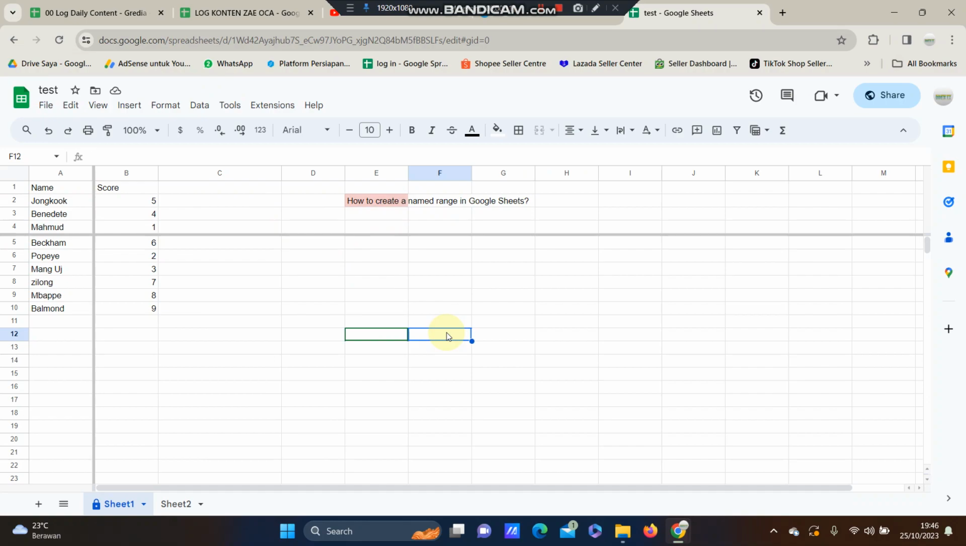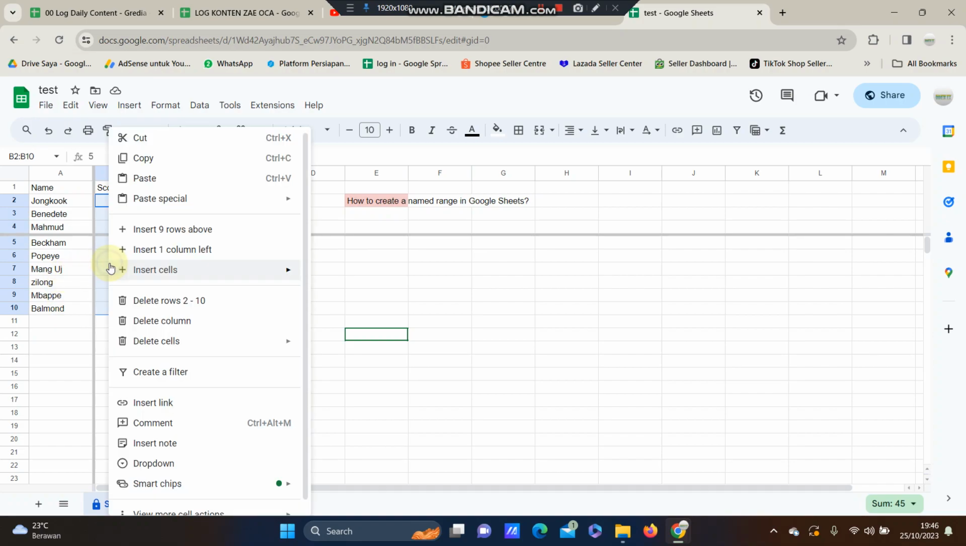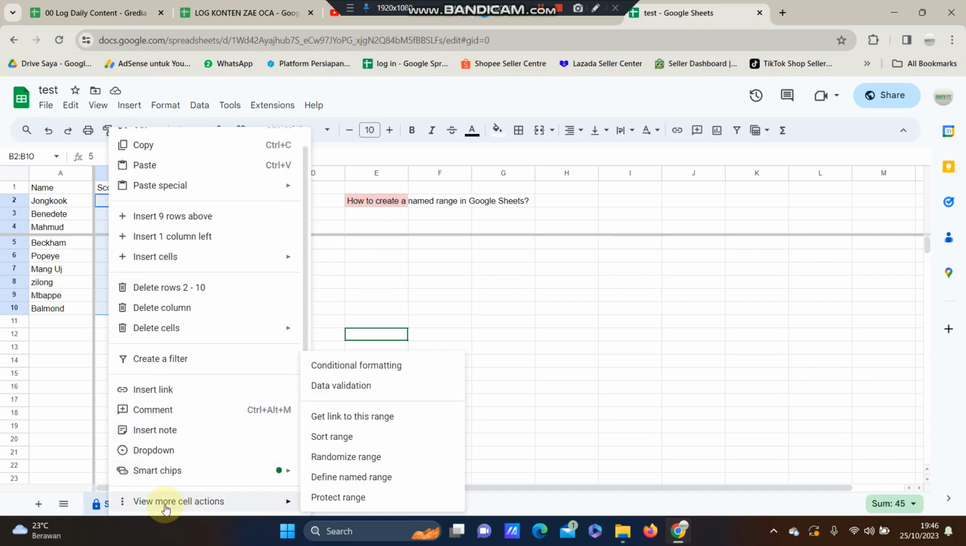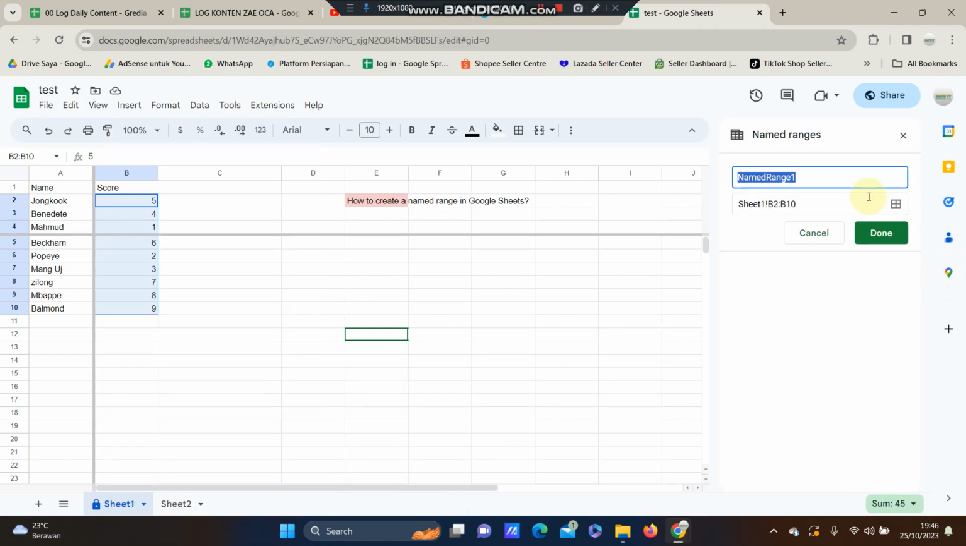So I think this function is very useful because it makes it easier for us to work on the formula. So for example, select the range and then right click, scroll down and select view more cell actions, and select define named range. Just type a name for the range, for example, name range, click done, and now